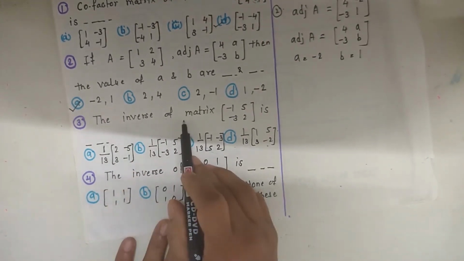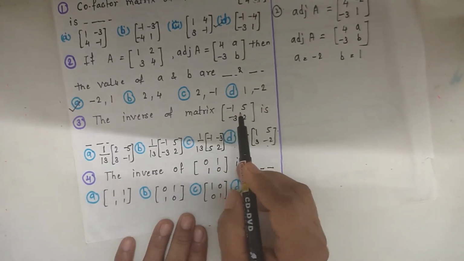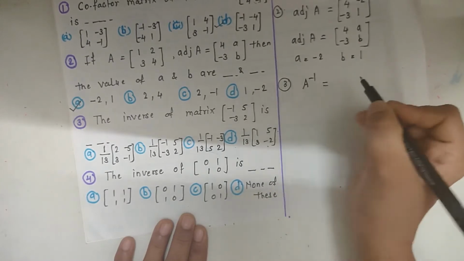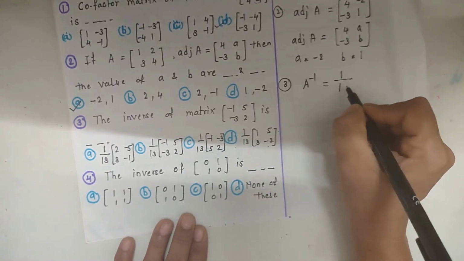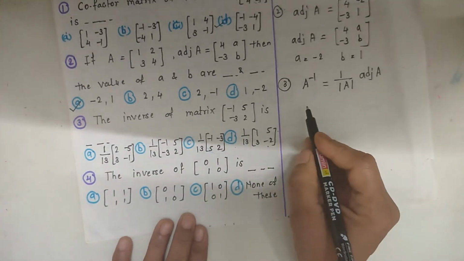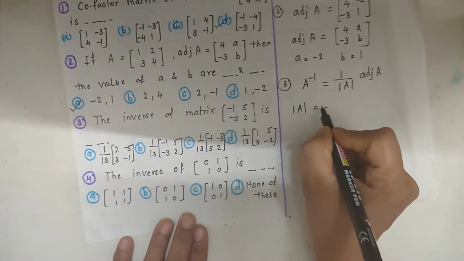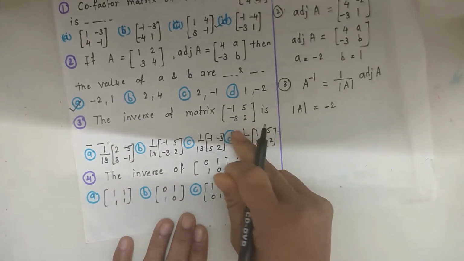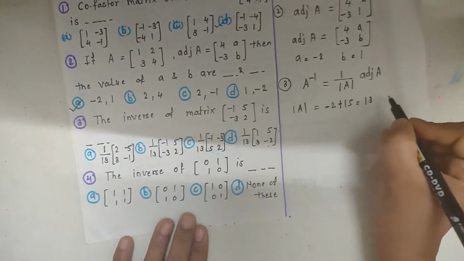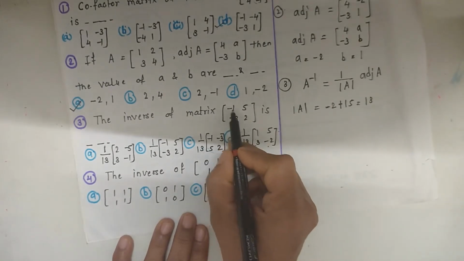The third MCQ is, the inverse of this matrix. We know that the inverse of a matrix can be obtained by using the formula 1 upon determinant A into adjoint A. So first obtain the determinant of the given matrix. Determinant of A is equal to -2 cross multiplying of the elements and +15, which is equal to +13. So determinant A is equal to 13 and adjoint A is obtained by exchanging